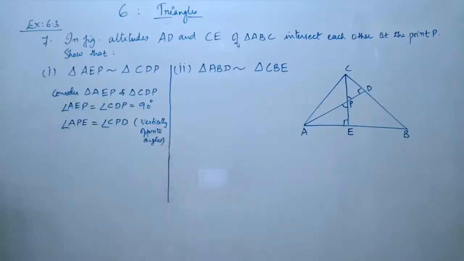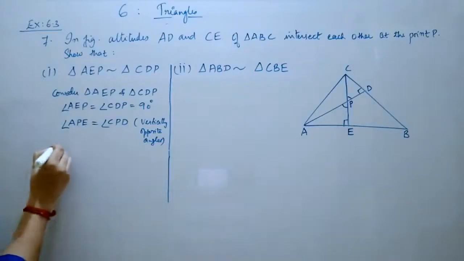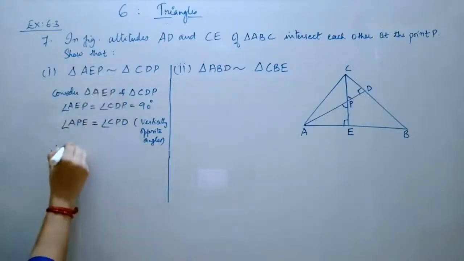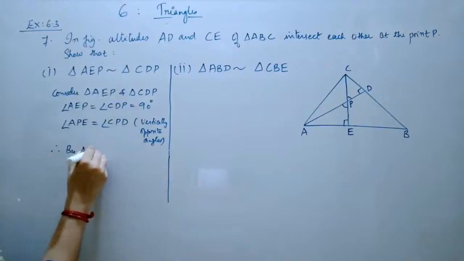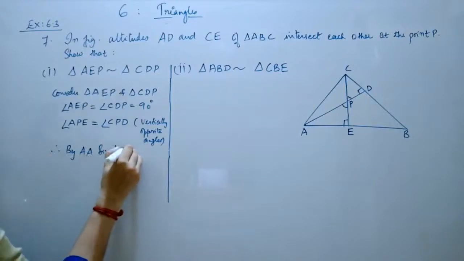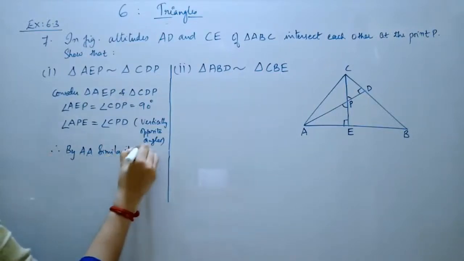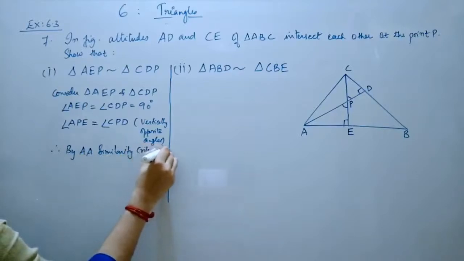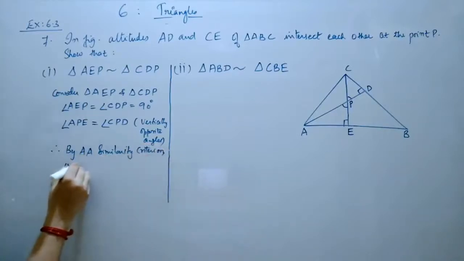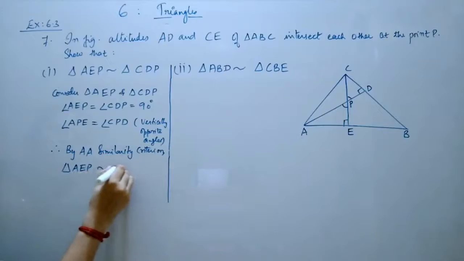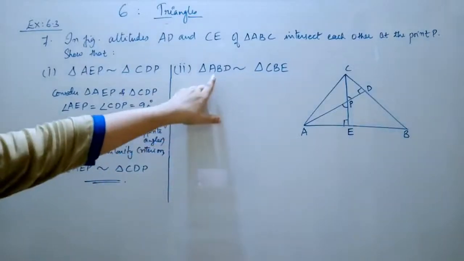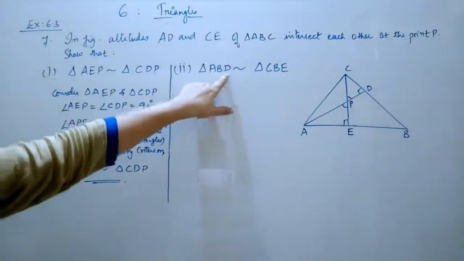So you got two pairs to be equal, therefore you can apply your AA similarity concept to make them similar. Therefore by AA similarity criterion, triangle AEP is similar to triangle CDP. Okay. Now going for the second one, which is triangle ABD